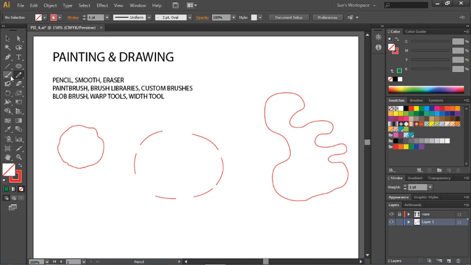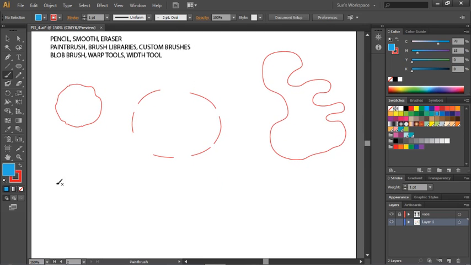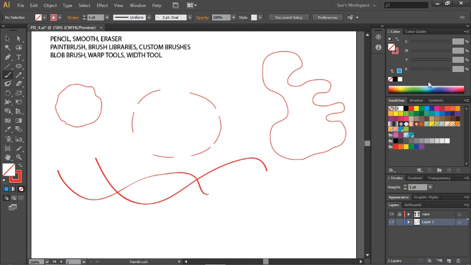Now, paintbrushes work in a slightly different way. So there's my paintbrush tool, and we'll paint with a different color. Move down a little bit. With your paintbrush tool, you just start clicking and painting. Actually, it didn't grab my color. Let's go here and do this again. There we go. And depending on which brush that you have selected, that's going to determine the shape of your